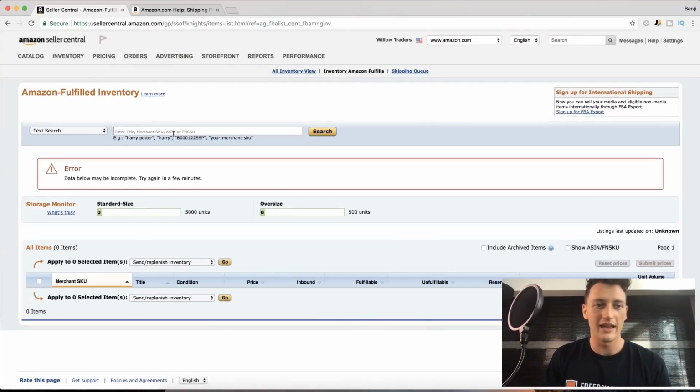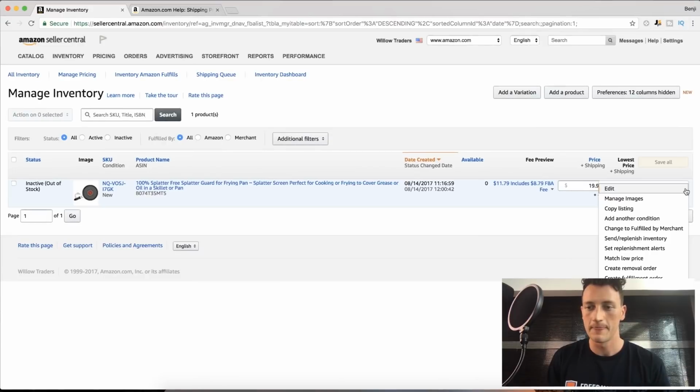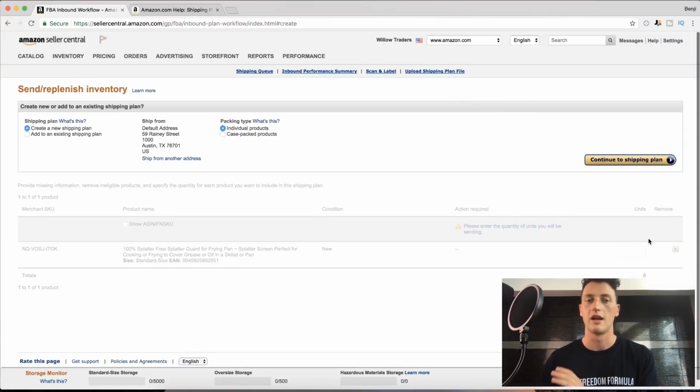Submit. Cool. And then if I go back to my inventory page now and click the drop down, you can see it's now fulfilled by FBA, and you get a whole lot more options down here, and you can change back to fulfilled by merchant if you want to ship your own stuff with this button right here. We don't. We want to send and replenish inventory, and this will let us send in bulk all of our items either from the Chinese warehouse, your American warehouse, wherever the warehouse is, or through a freight forwarder or by yourself into Amazon. The choice is yours how you want to get it to Amazon or who's going to send it there, but this is how you should package and ship the items to Amazon,